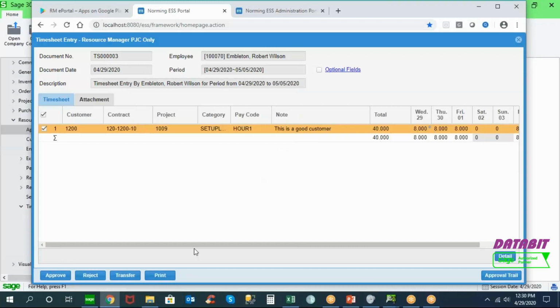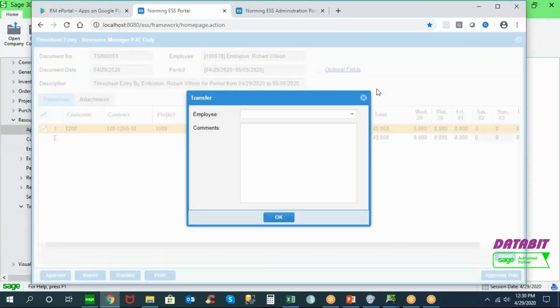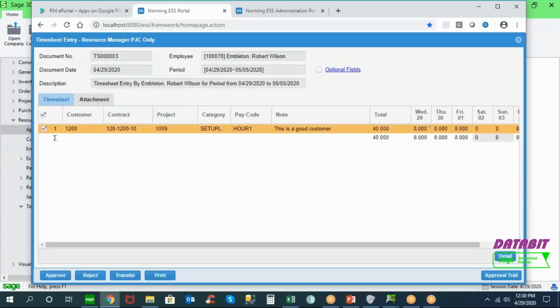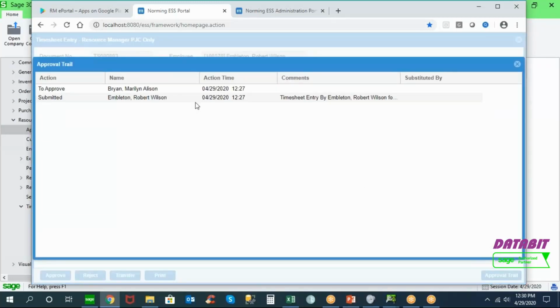And then the timesheet entries, the comments are here, this is a great job, and the note. Now I could transfer this to another manager and say I'd like you to take a look at this as well, and that would be an ad hoc change to the workflow. So even though we've defined a set workflow, if there are extenuating circumstances, you can always transfer and have another person approve. As a manager, I could also see in a multi-level approval environment who else has reviewed and approved this timesheet so far. If the manager was away, they can substitute another manager, so there are no bottlenecks in